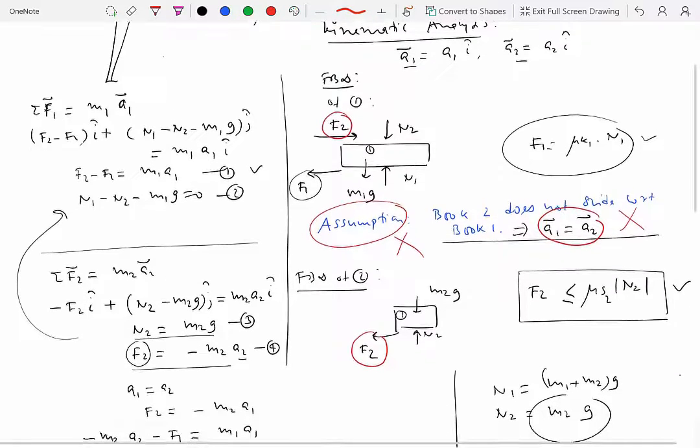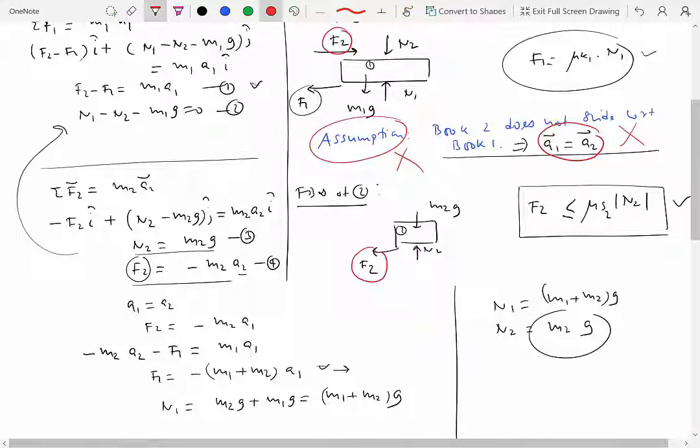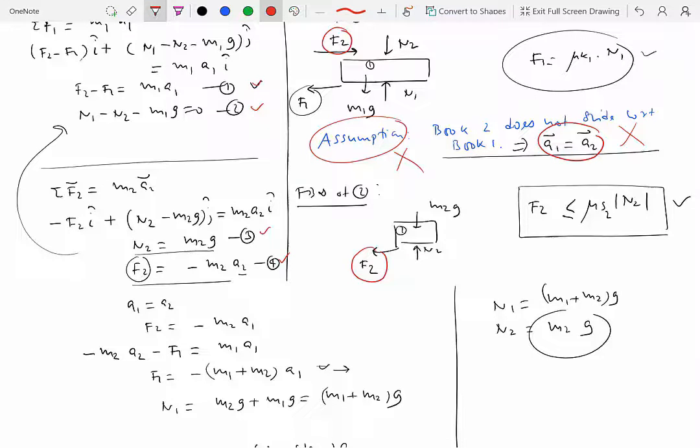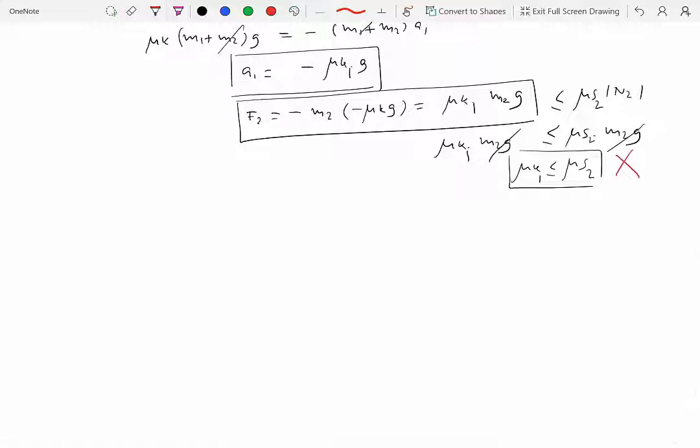So yes, we will lose on the relationship between their accelerations, but we'll gain on knowing what the friction force is, right? So the free body diagram doesn't change. The equations that you have written over here, 1, 2, 3, and 4, don't change either. So what will change is that you will not equate the accelerations. All the stuff that we did after that is now going to be valid, because acceleration A1 would not be equal to acceleration of 2. So now we go back to assume